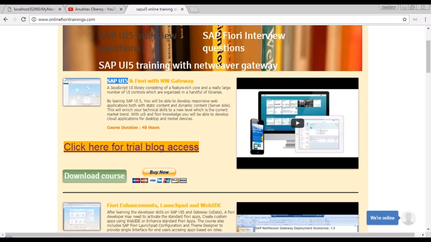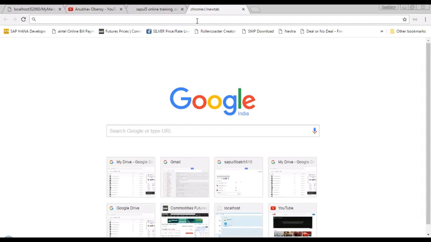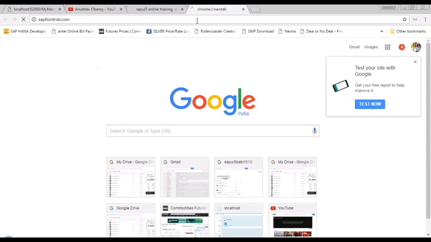And there are certain guidelines, and there are different varieties of application. The one which I showed you was a master detail application. On the left, you see a list control. On the right, you see a detail section. But when you go into a mobile device, it automatically adapts itself. Now in order to experience this Fiori user experience, there is a very good website called sapfioritrial.com where you can go and